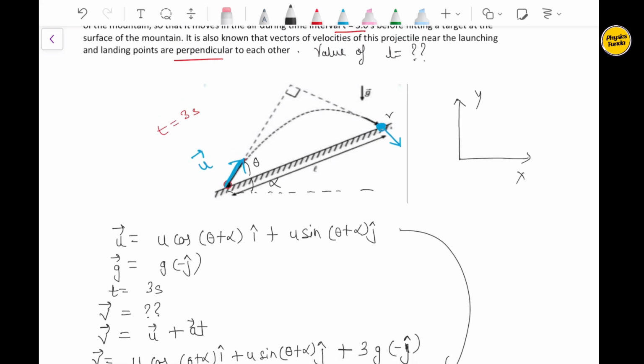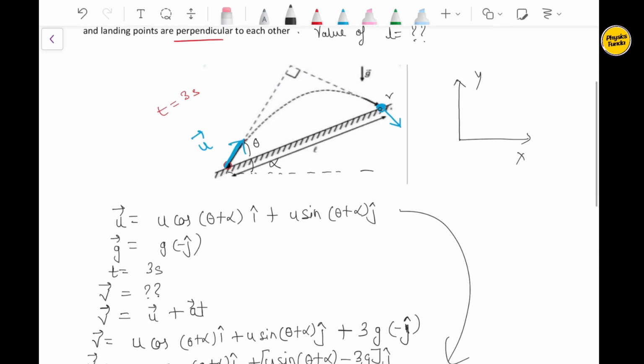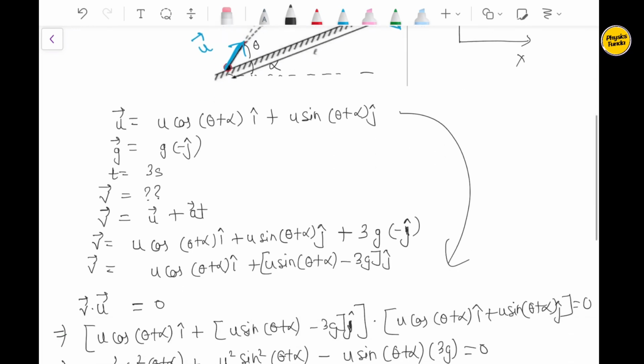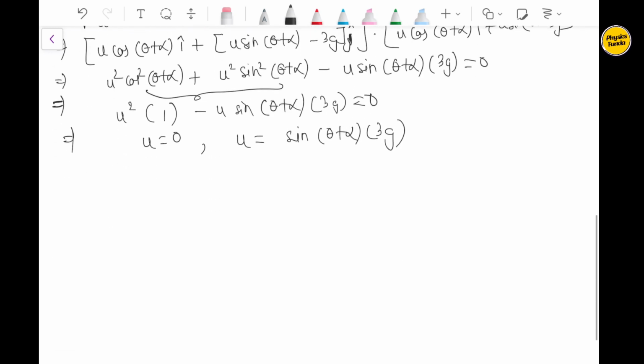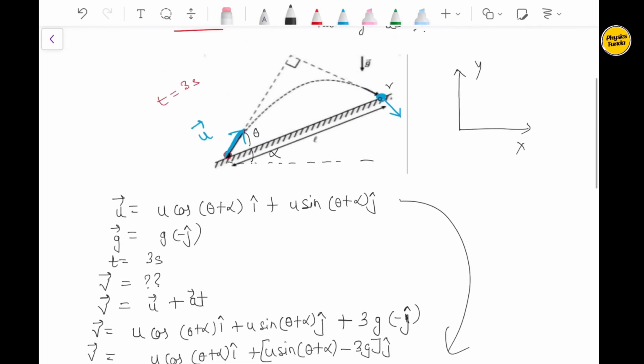If you see here, this is my L, right? And this is my net displacement during this motion. So this is my net displacement during motion. From the equation of motion, I know that S is equal to ut plus half at square, right? So my displacement vector S, that is the position vector of this, can be written as,